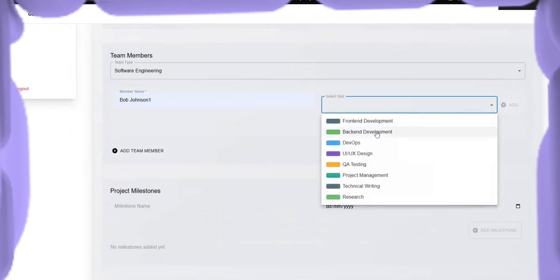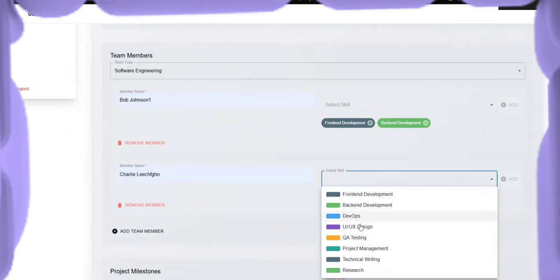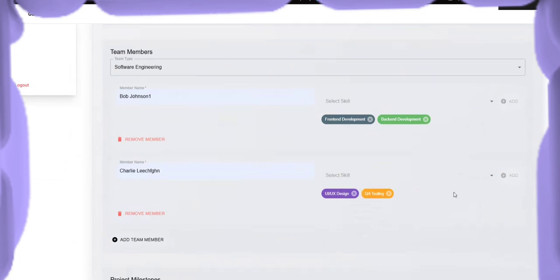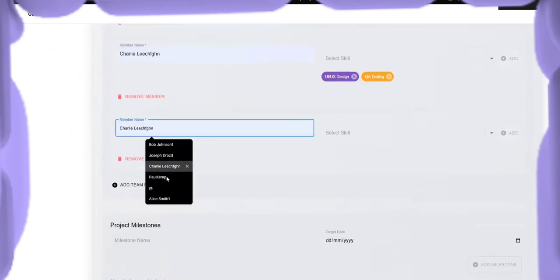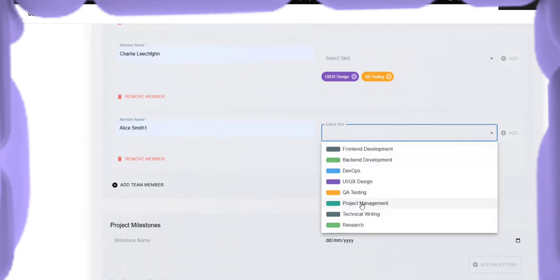add a few key team members. So we'll add Bob Johnson as front-end and back-end development. We will add Charlie Leacham as UX design and QA testing. So you can see it adds these as the different team members, and we will also add Alice Smith as project management, and we can add a different milestone, so company meeting to discuss